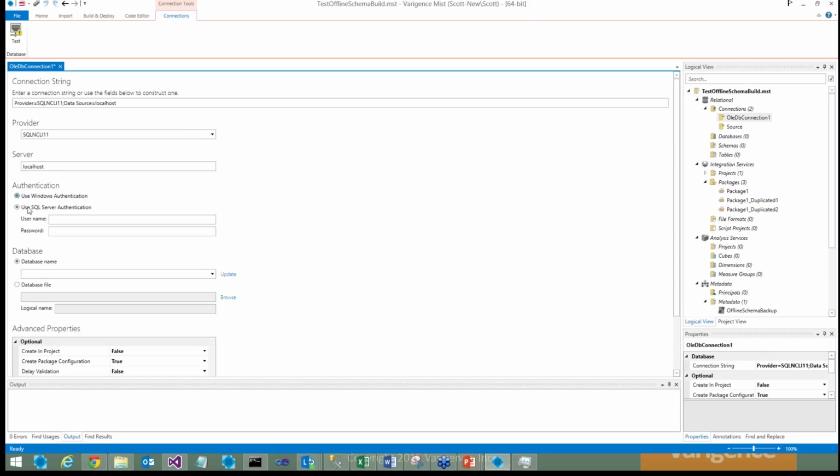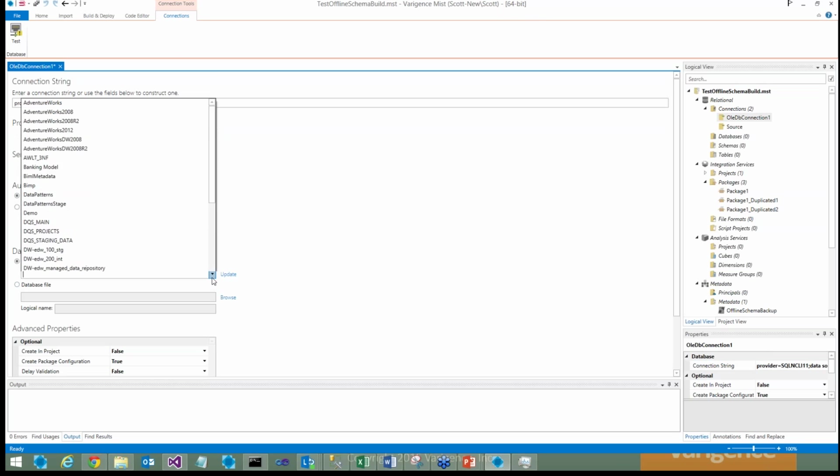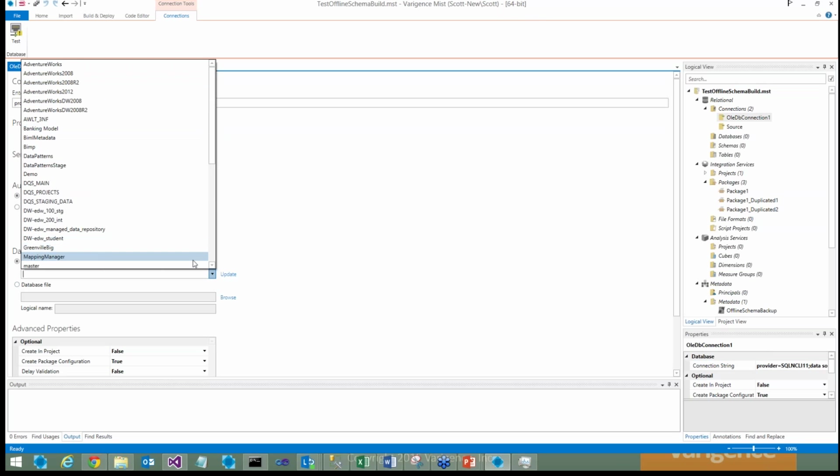So now I can also say I'd like to use Windows Authentication, but I don't have any databases. If I click Update, that was probably faster than you could even see, but we get our full list of databases. By the way, unlike most connection string designers we've worked with in the past, this UI will never block. So if you happen to have a bad server and you try and connect to it and you hit Update, you're still going to be able to interact with your UI, and you can actually go ahead and cancel that